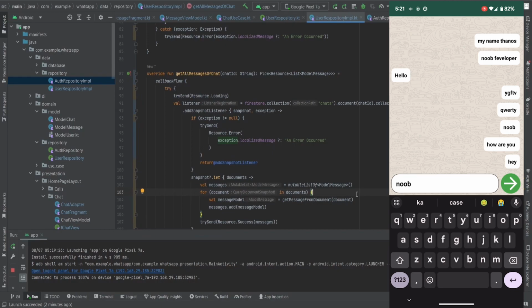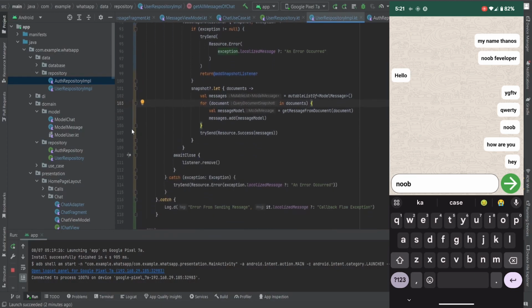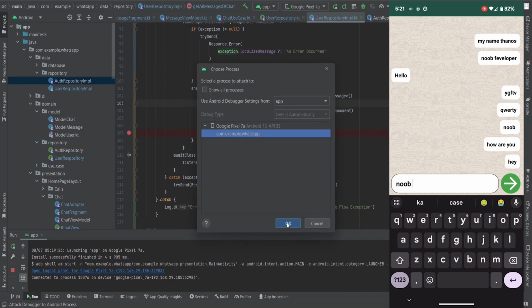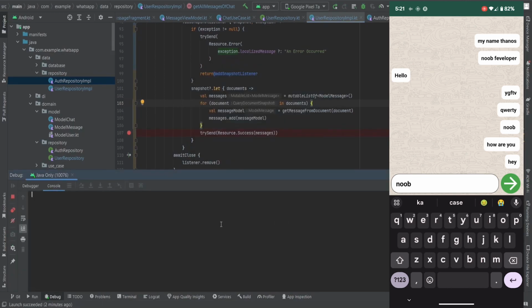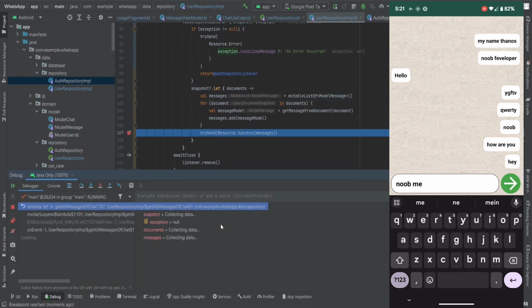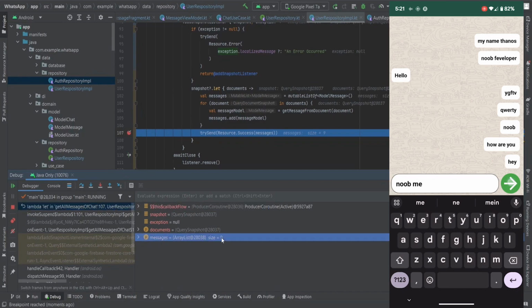Let me debug and see how many chats we get every time I type a message and send it. Okay, so this is "noob me". Now you can see there are 9 messages which we are getting from this snapshot, and that's the issue.